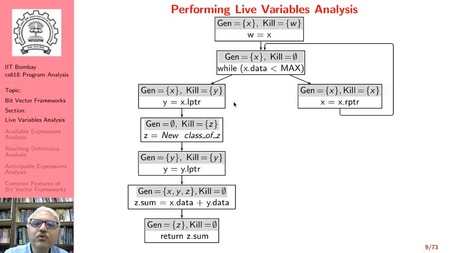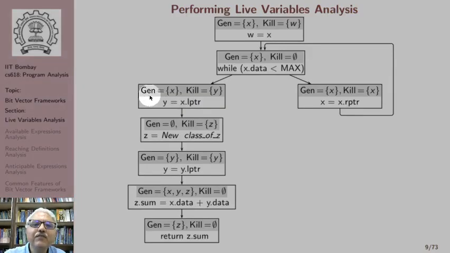What we are going to do is to look at a very simple method of solving these equations. We will first post the gen and kill sets for each basic block. So for example, here we see that the liveness of y is killed, and the liveness of x is generated. In this particular basic block, liveness of z is generated, but no liveness is killed because there is no definition. Here the liveness of z is generated because the value of z dot sum is being returned, so z is being read.